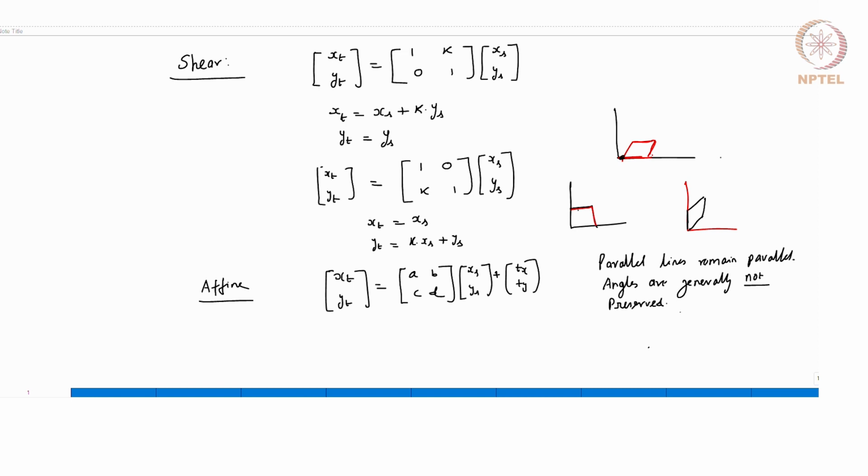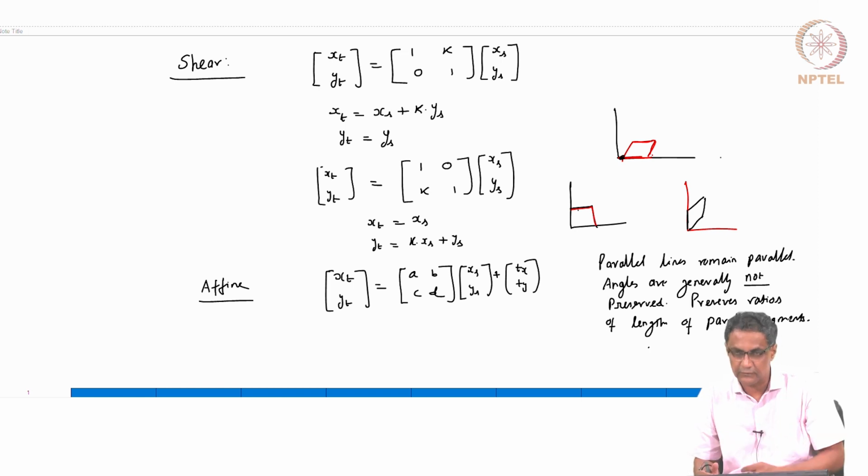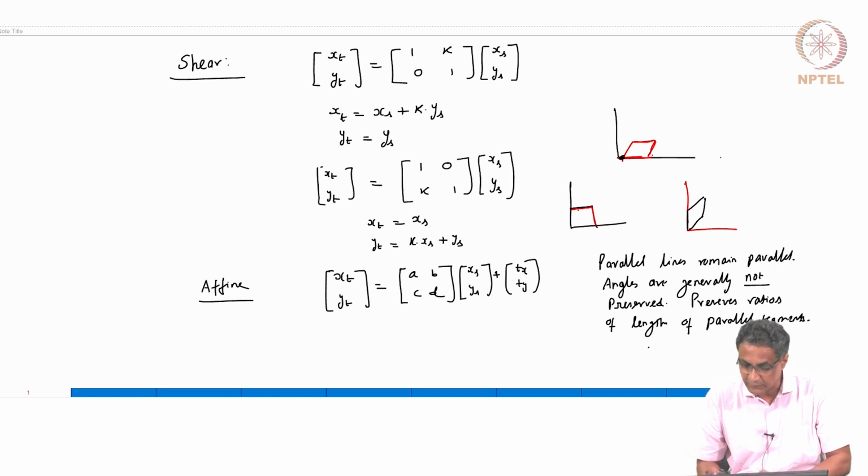It also preserves ratios of lengths of the parallel segments. If you have a general affine, in some cases you may still end up keeping the angles intact. That depends upon how the a, b, c, d are, because the previous ones are all special cases of this affine. But in general, with a general affine transformation,